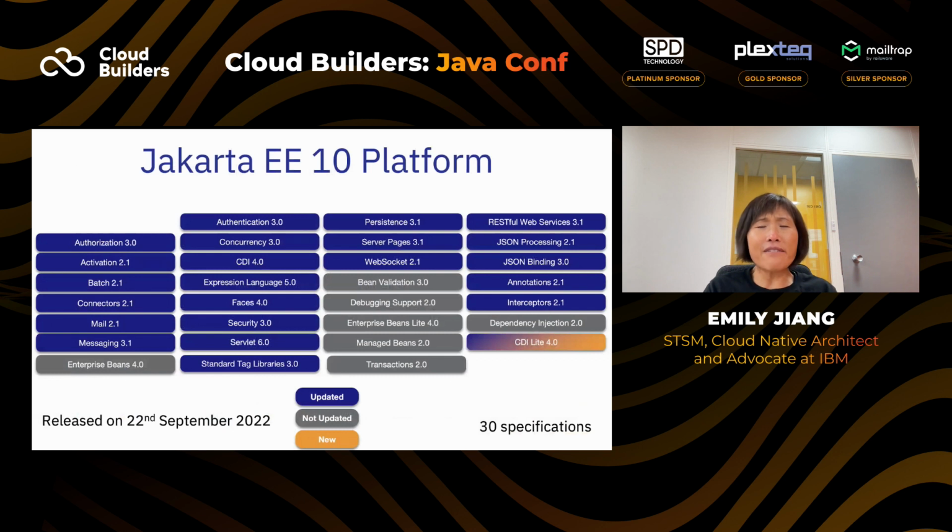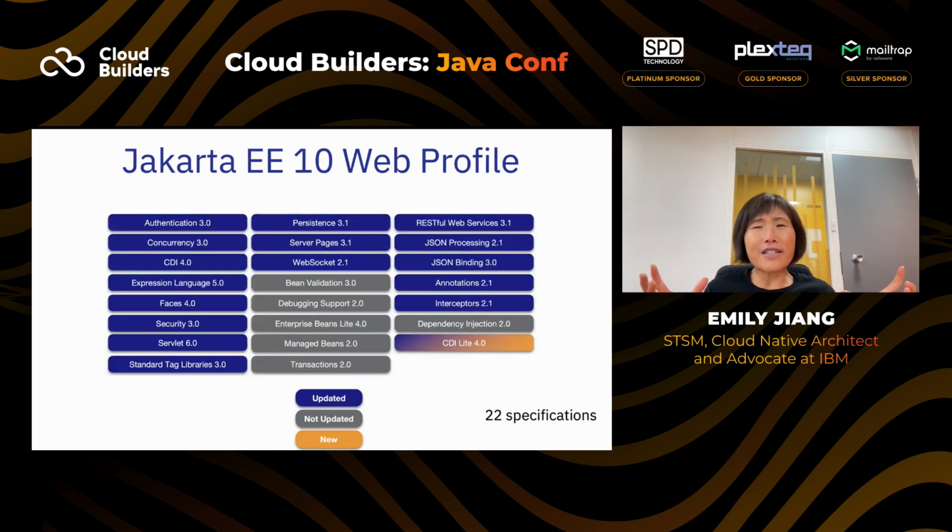If you know Java EE, this slide is pretty familiar to you. The Jakarta EE platform consists of about 30 specifications. Some of them are very well known, like Jakarta REST, CDI, Servlet, and concurrency, as well as bean validation, messaging, batch, connectors, and others. The platform consists of many specifications, but some runtimes only pick a few.